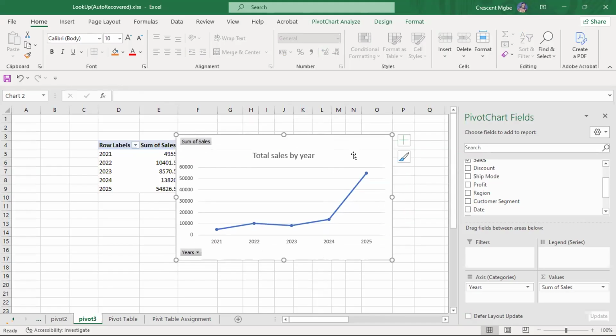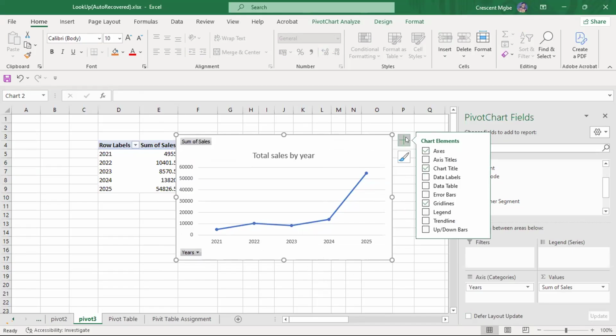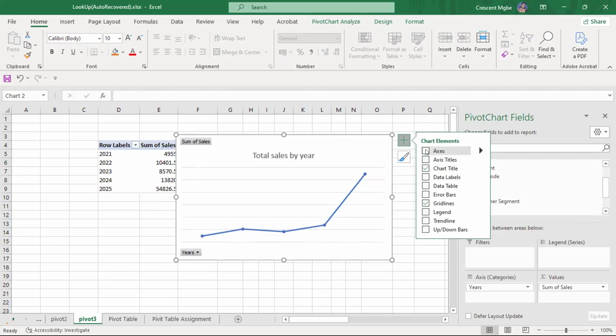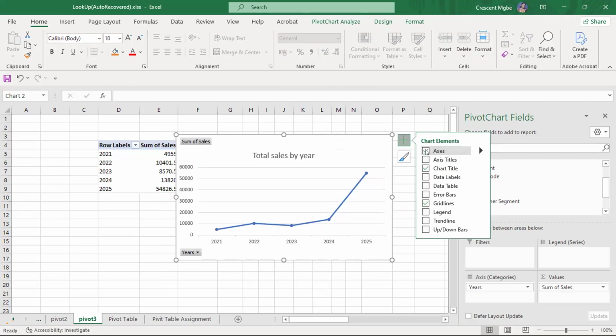So the next thing you want to do is to remove these ones. You don't need it. You come here. You can see chart title, axis. Okay, so let's see. If we remove this one, we have removed the axis. No, we don't want to remove the axis. So bring it back. We want to remove